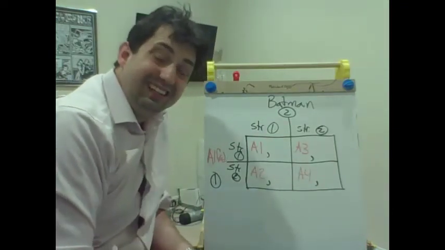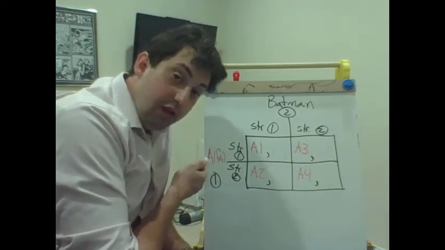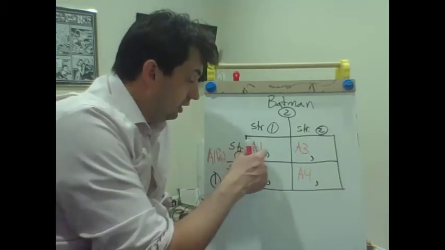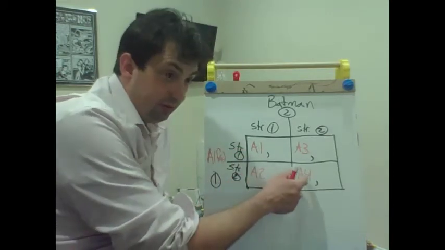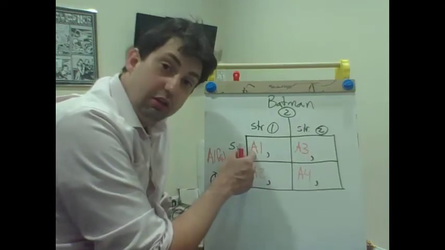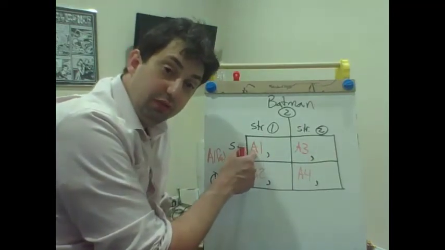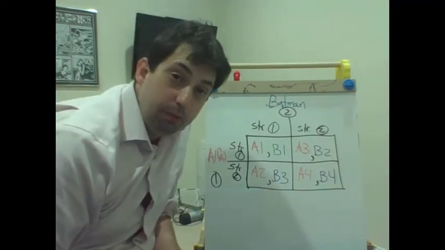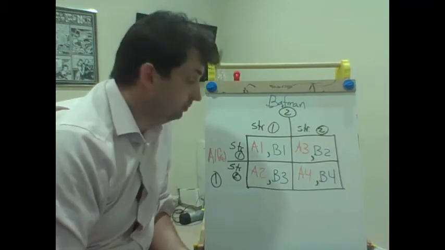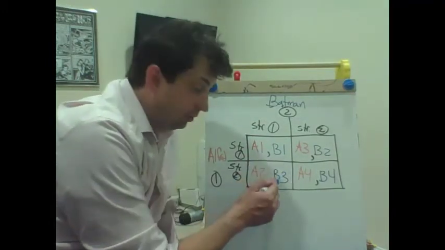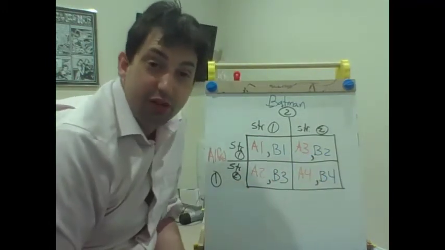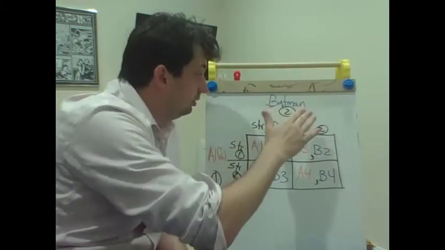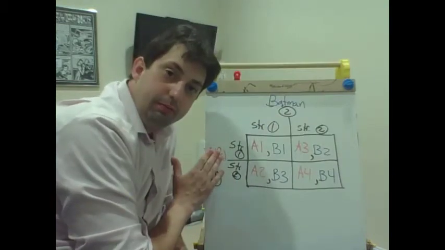I've now recolored Alfred as red, and I have indicated all of Alfred's payoffs in red. The first player is always the first number in each cell. That is their payoff. Batman is blue. He is the second number in each cell. The second player is always the second number. So again, player 2 is on top, player 1 is on the left.